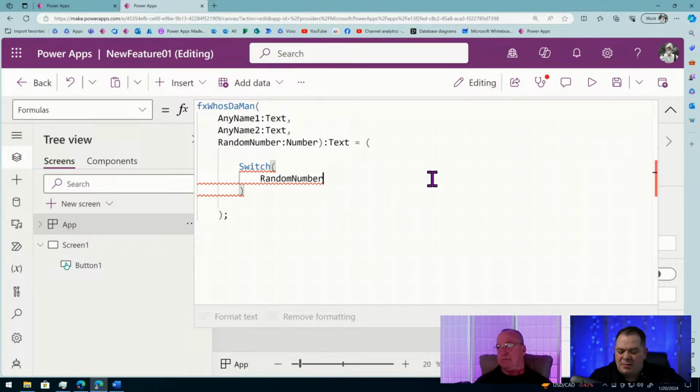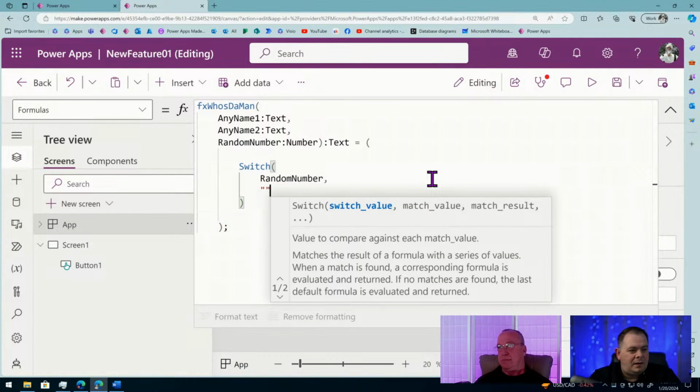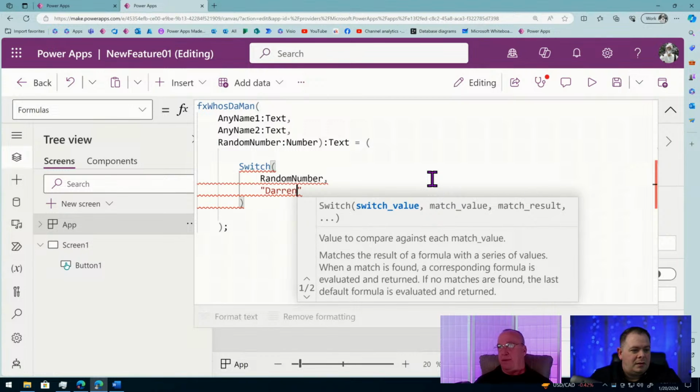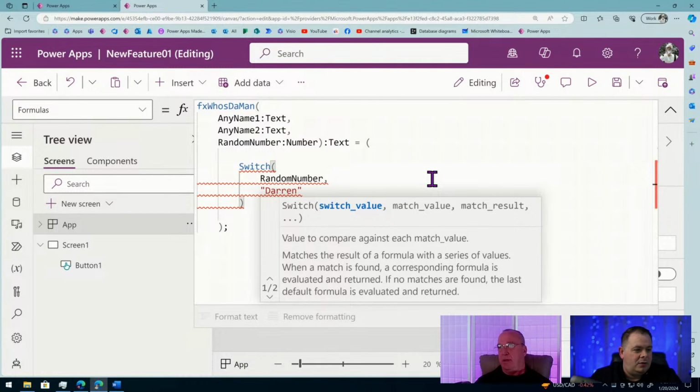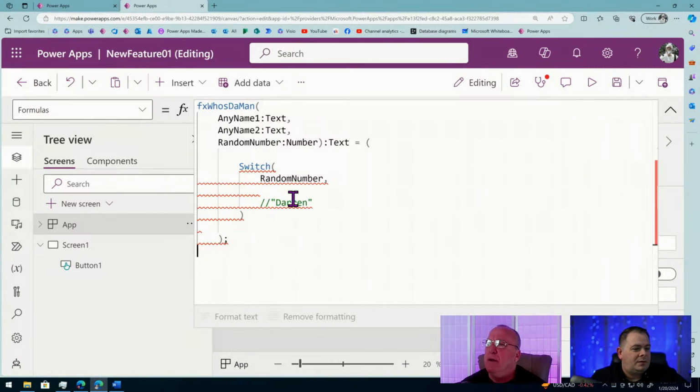If this random number is less than 50, right? For the switch, you almost have to have a value to compare this to some other value.